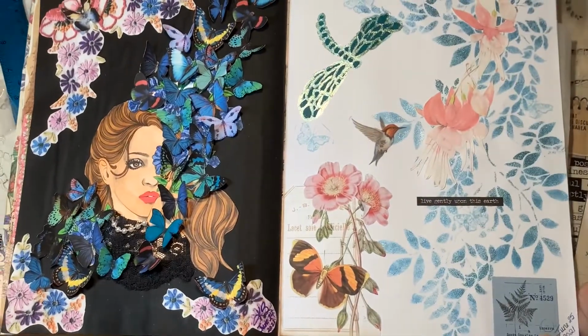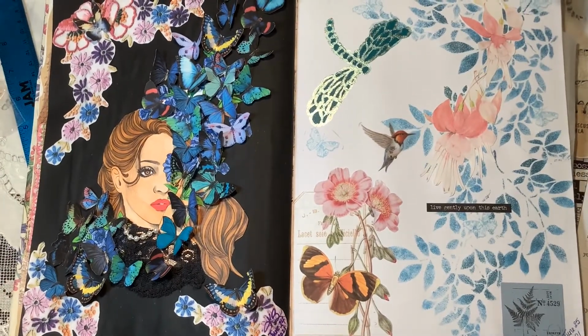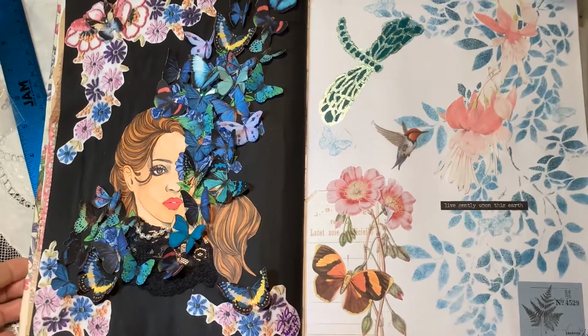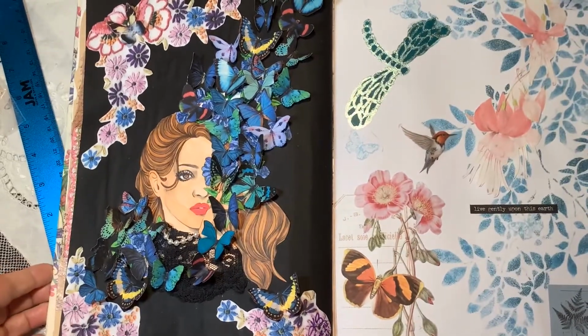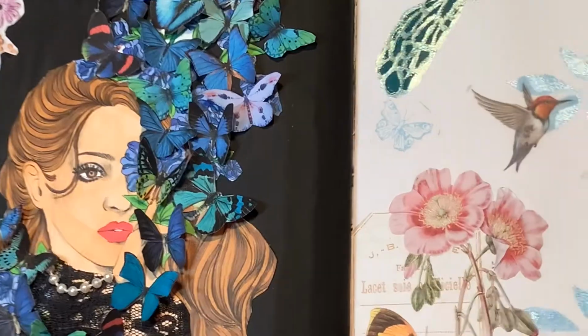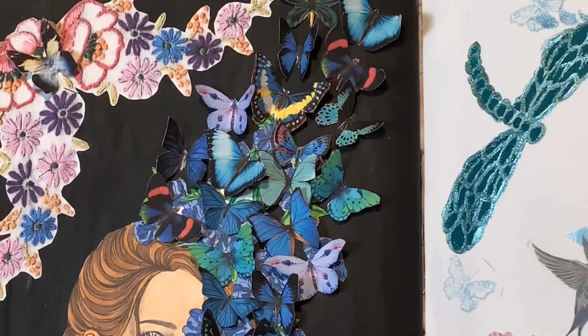And so here's the two pages together, and you can see the other one there. I bet you there's 20 or more butterflies that I fussy cut out there. They're all about an inch in size, and they're a digital download, so I can print them off as many times as I want, and I wanted mostly them in the shades of blue. And I scattered them all through this